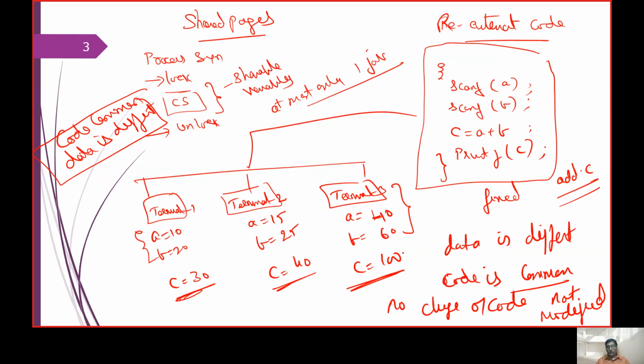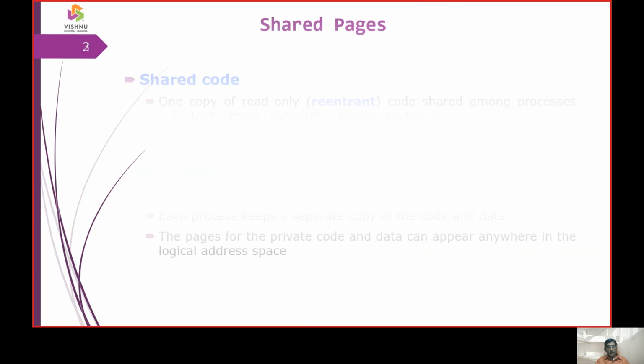That is why we call this a reentrant procedure, or reentrant code. The single code, using the concept of multi-programming or multitasking, is given to different terminals and different people, who have different applications for the same piece of code. The takeaway is that the code will not be updated; only the supplied values are changed.